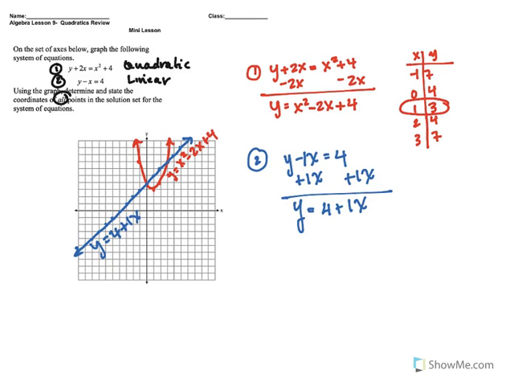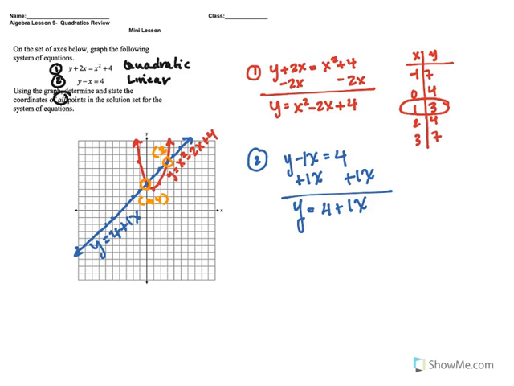So now that I've graphed and I've labeled, I'm going to check where do these two lines connect? Where do they intersect with each other? Where does the curve meet with the straight line? And those intersections will be the solution to the systems of equations. So I see that they share this point in common over here, which is the point 0, 4. And I see that they share this point here in common, which is the point